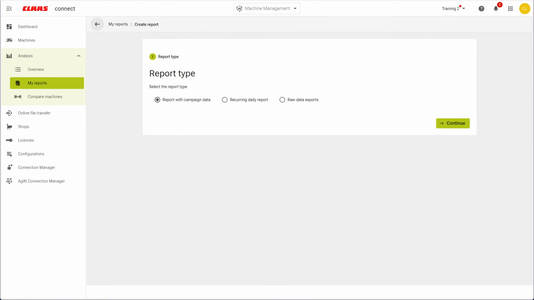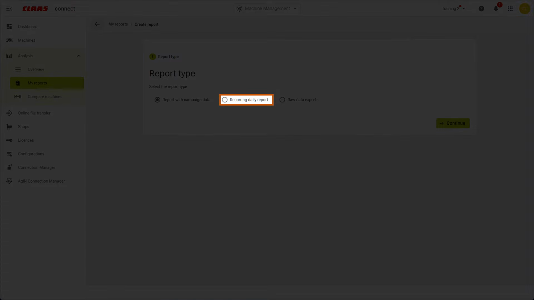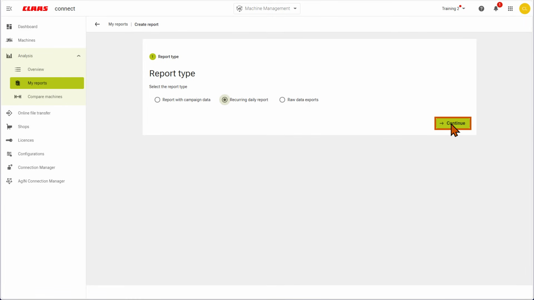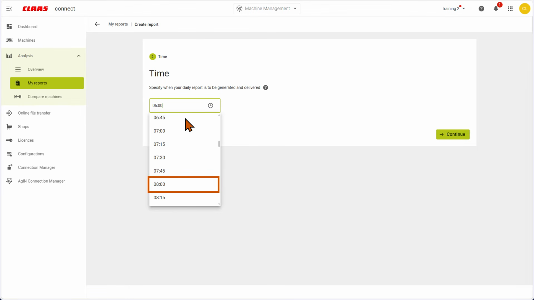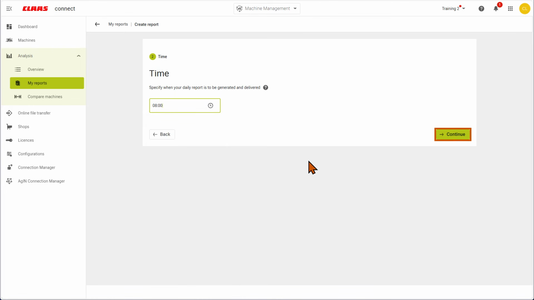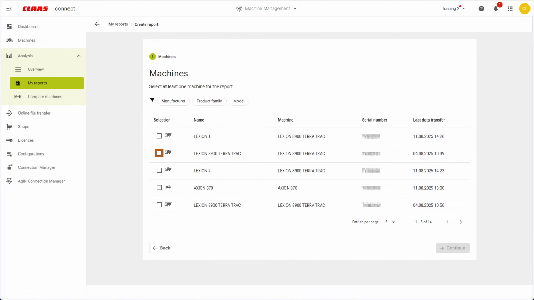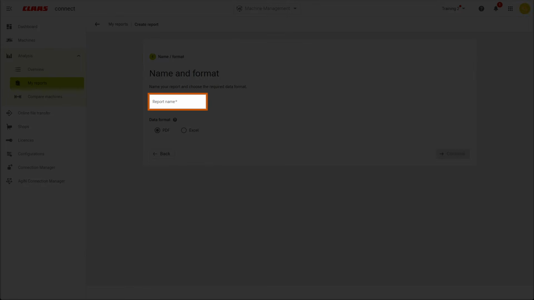You can also choose to create a recurring daily report. Select the time when you want to receive your report. Select your machine. Give your report a name.